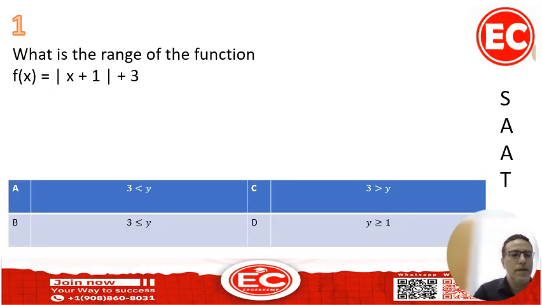Bismillah ar-Rahman ar-Rahim. Regarding question number 1, he's asking what is the range of the function absolute value of x plus 1 plus 3. As we know that the function f of x, when it's equal to absolute value of x,